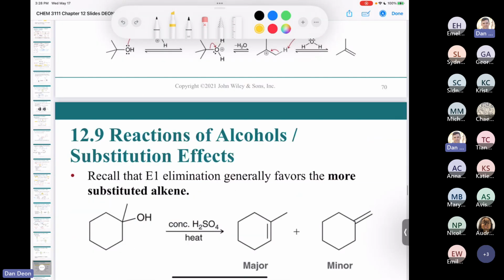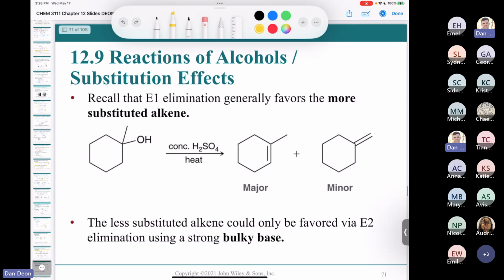Remember though, like I told you, when you do that reaction, you usually end up with the Zaitsev alkene as being the major alkene, and the Hofmann alkene is going to be the minor. In fact, you usually do get a mixture, but generally speaking, you're going to get the Zaitsev as the major product. Now, if you're looking at this and saying, well, hold on, Mr. Dion,